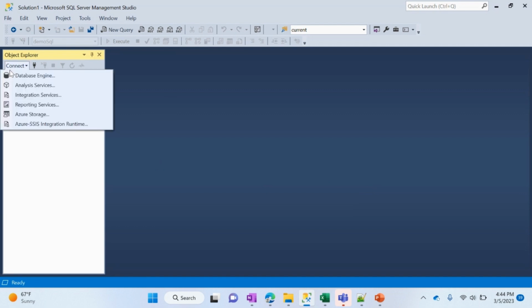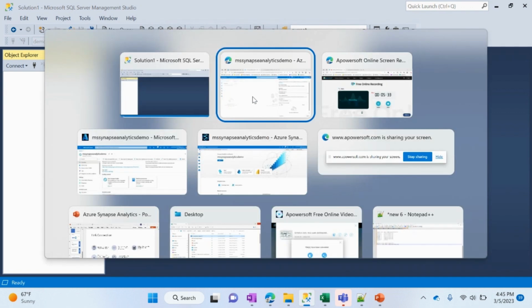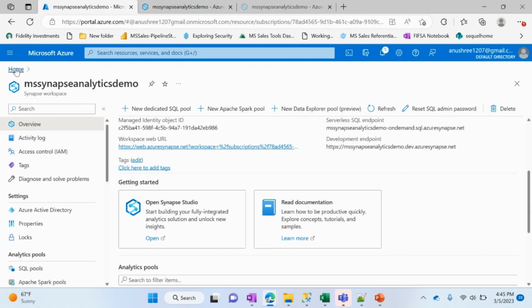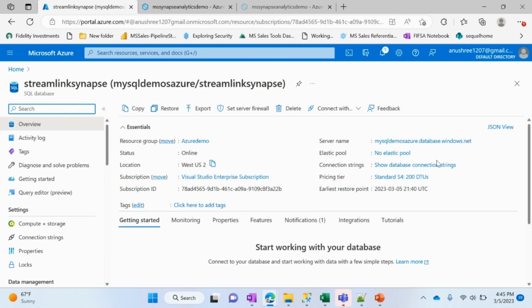So this is my SQL server. I'll go to the database and this is my server name. Now from where do you get the server name? You go to your Azure SQL database. So this is my database. And here you will find the server name. Just copy the server name and